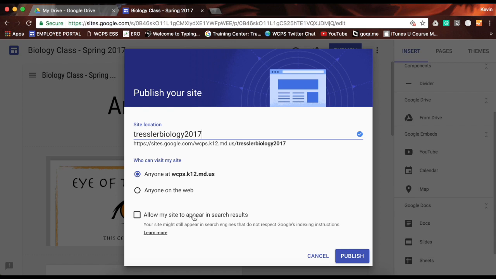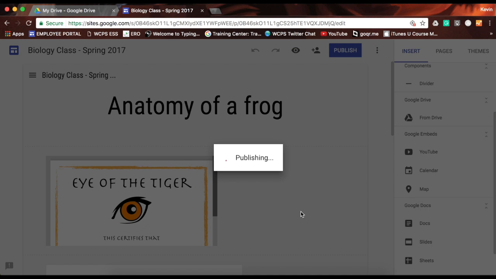The one thing that you want to be careful about is allowing it to appear in search results. It may not be a bad thing if it does, but you also want to think about the traffic you're generating and the purpose of your site. If you are taking the time to build a site, more than likely it is going to be for student use or community feedback and information. So you may not want this to appear in general search results because there's no real reason to. So not only does it help protect a little bit of the privacy, but it also prevents those navigating to the site that you may not need or want to. So I'm going to leave it as a closed site. I'm going to click publish, and when I do, it will publish the site,